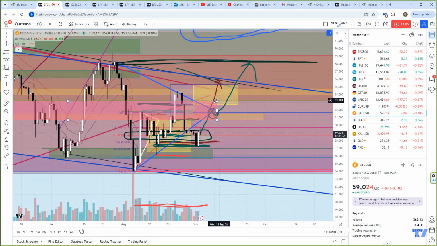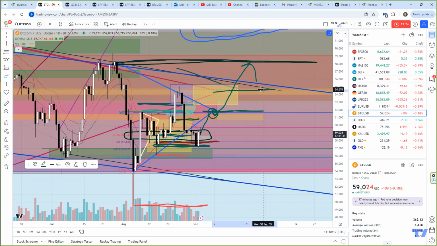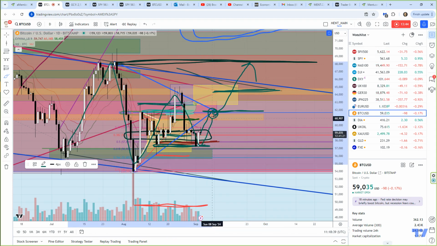So I'll get rid of this and this. And so now we're really looking at these apexing areas here. I'll draw it here. Here's our apex area. We would be watching for our secondary apex area here. We'd be watching these two levels, 61,800 and 64,400. We are getting that flagging breakout. So remember, we get that A, B, C, D washout. Should be coming right back up to here and then try to move higher.